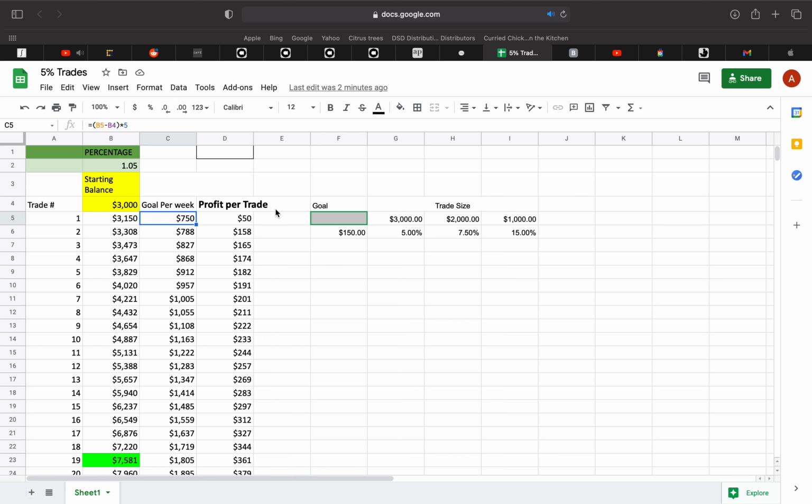So I just wanted to go over a trade strategy where you're basically focused on a lot of small trades rather than a 10, 15, 20% option trade. A lot of people on Twitter, Discord, YouTube, I see a lot of people talking about 30% option trades, 200%. Like all those are great.